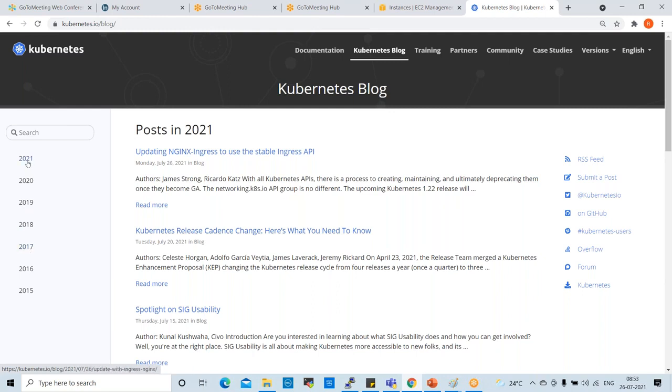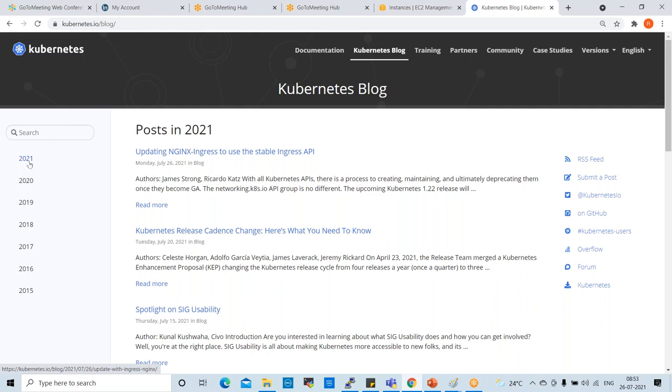Here you can find all the real-time issues, real-time challenges. In this blog, everyone updates, like you and me. Whoever is working on Kubernetes will update some information. Whenever new people want to switch to Kubernetes, they go directly to the blogs because they will get real-time issues and scenarios.